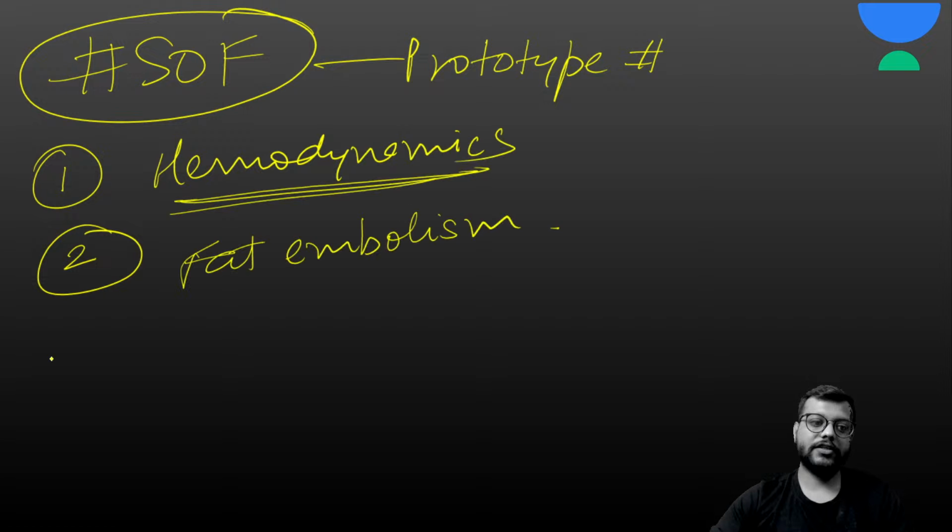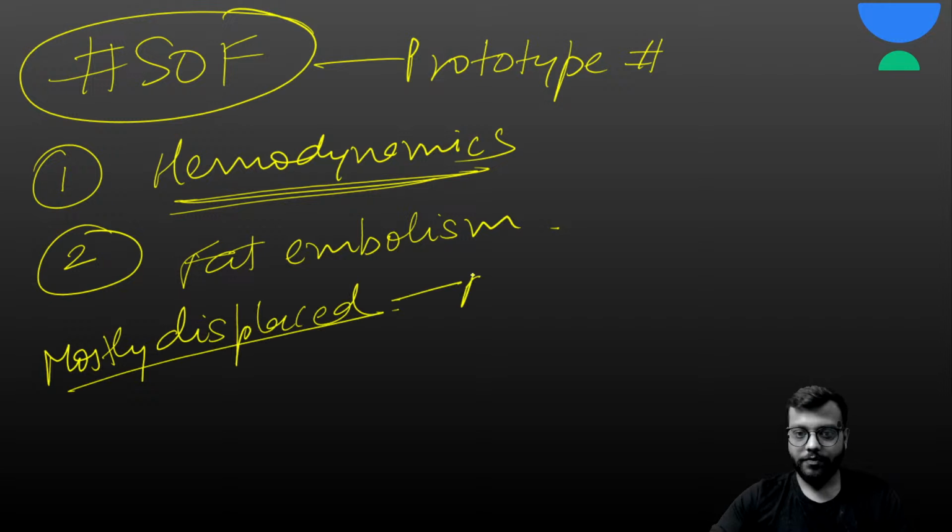If it is undisplaced, which is very unlikely, because fracture shaft of femur are mostly displaced since there are lots of muscles attached to it, and due to the pull of these muscles they get displaced. So these are mostly displaced, and if they are displaced, what is the treatment of choice? In adults, you go for the interlocking nail of the femur. This is your treatment of choice.